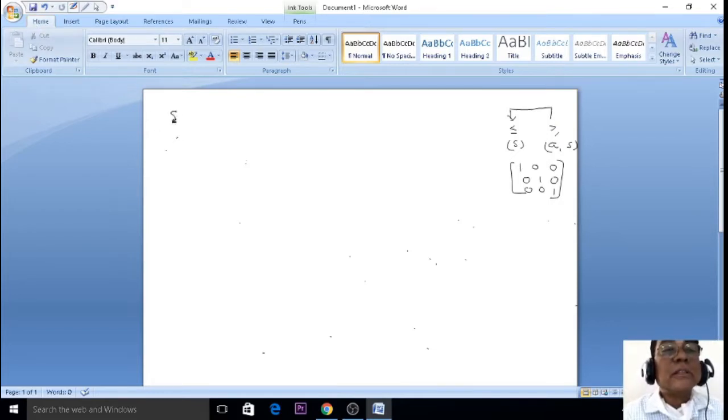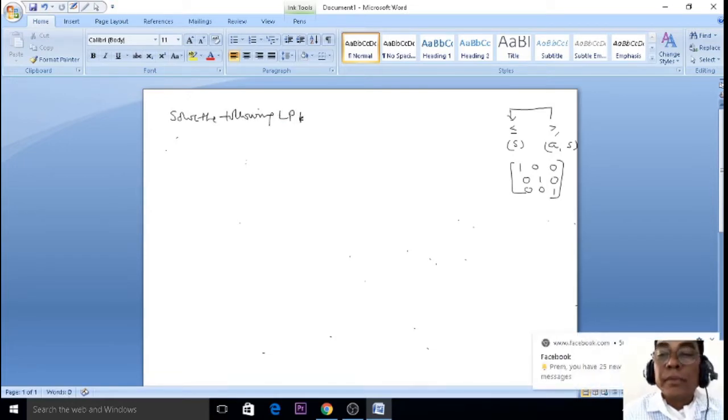The problem is given like this. Solve the following LP problem using the simplex method. So the question is: